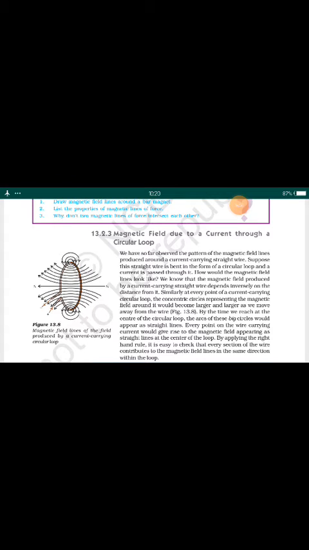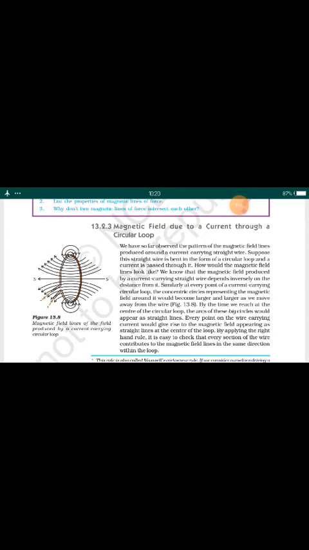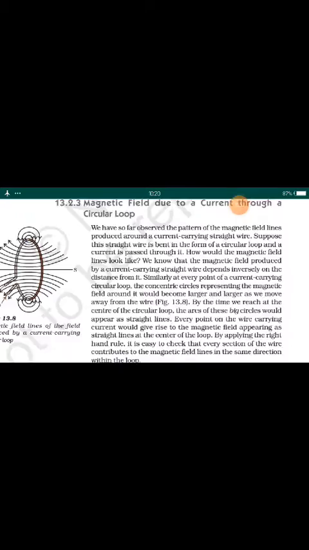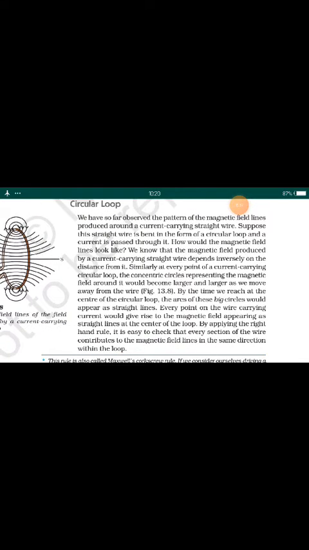Topic 13.2.3 Magnetic field due to a current through a circular loop. We have so far observed the pattern of the magnetic field lines produced around a current carrying straight wire. Suppose this straight wire is bent in the form of a circular loop and a current is passed through it. How would the magnetic field lines look like? Magnetic लाइन्स जो है वो कैसे दिखती है? Here the diagram